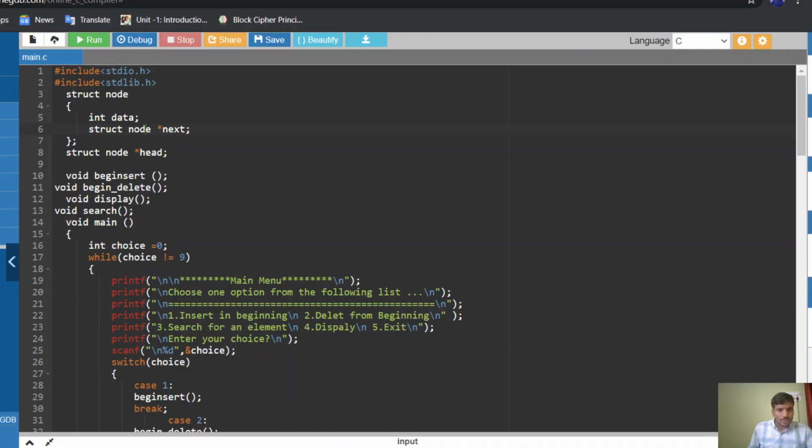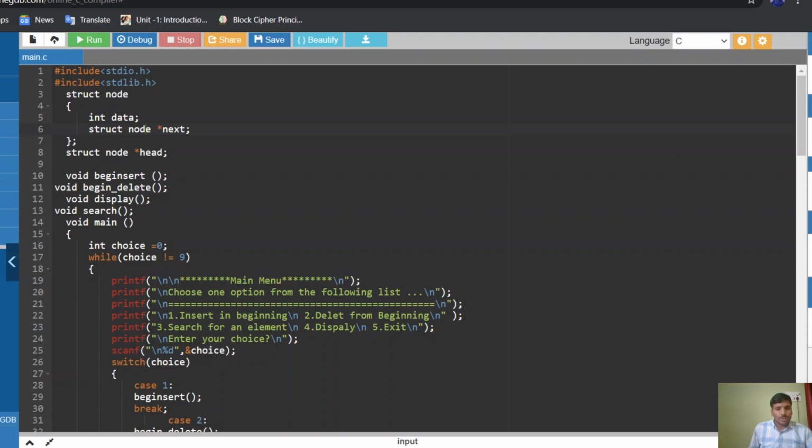This part is the declaration of the node, and I am also declaring functions begin insert, begin delete, display and search. Here display means traverse. Okay, traverse and search.